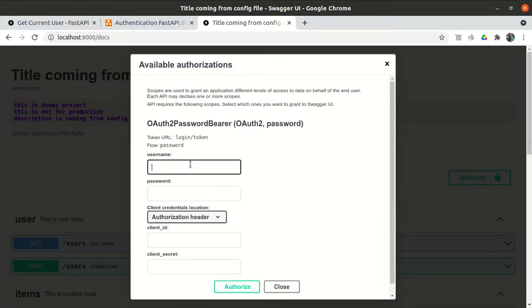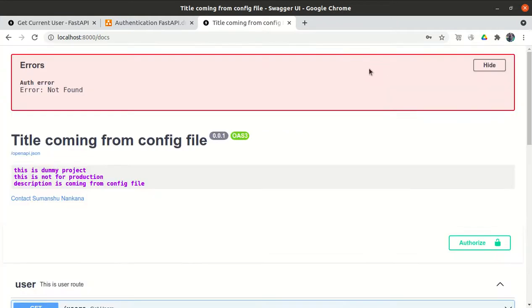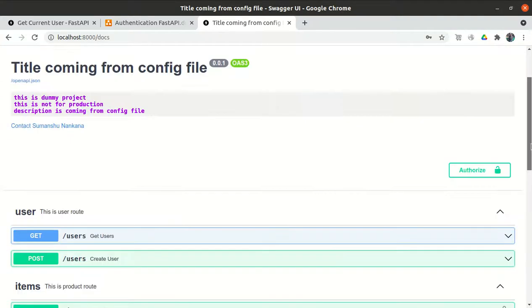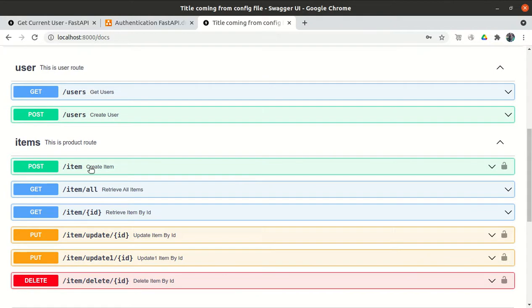Now we can enter the username and the password, but we have not set up anything, because even when we enter the correct username and say authorize, it says not found. We also put this lock so that without authentication, the user cannot create, modify or delete items, and can just view the items.